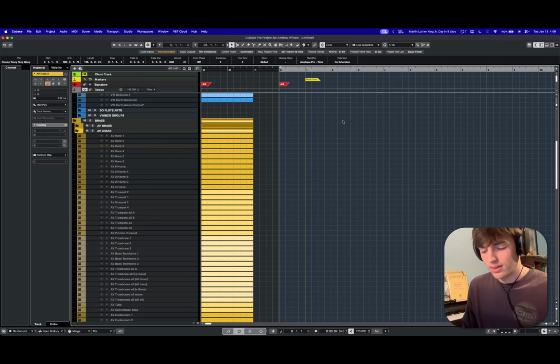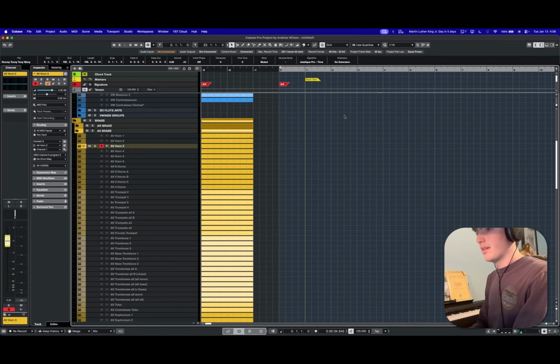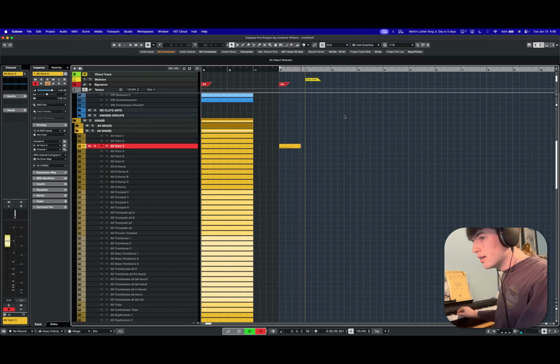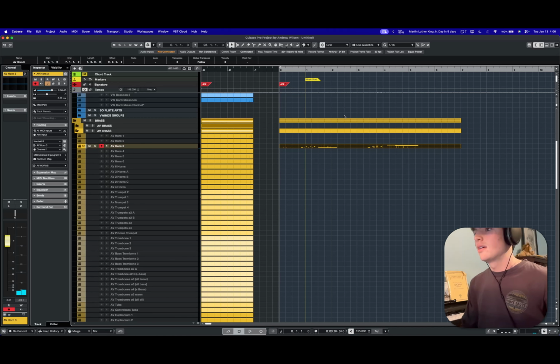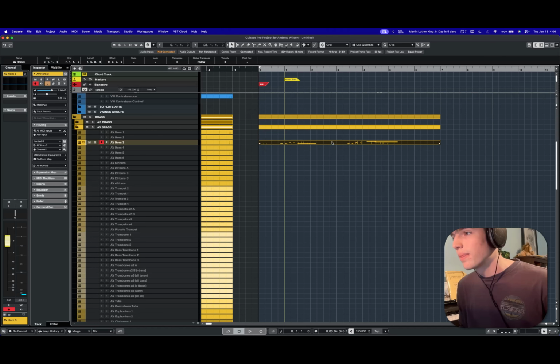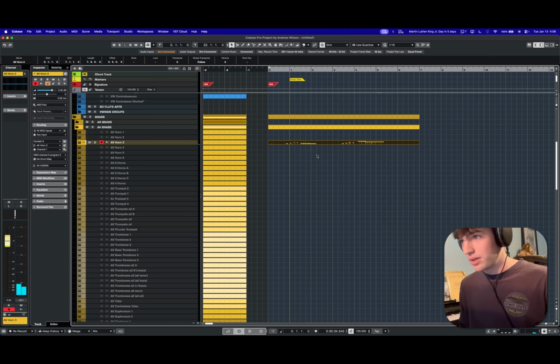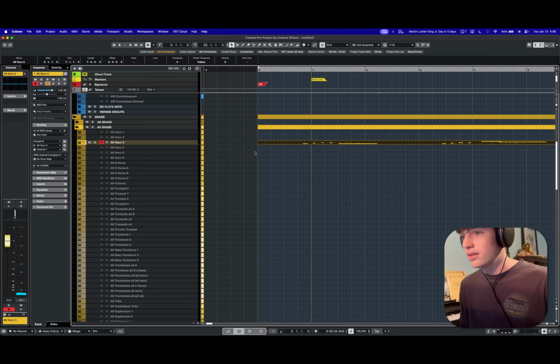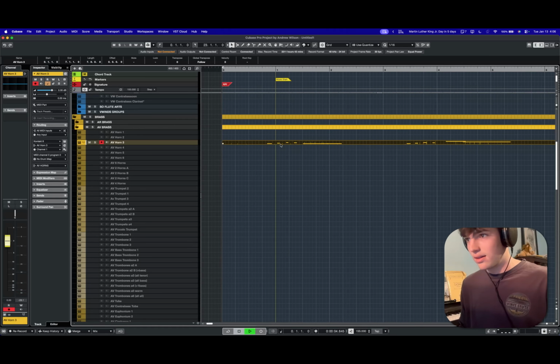So say that I was doing a little horn thing, and it was like, okay, so I have this gap right here, which is unrealistic. It sounds fine in between each of these notes, because